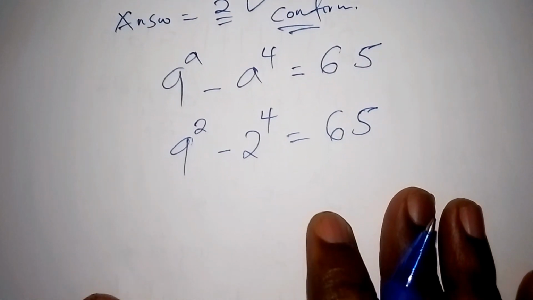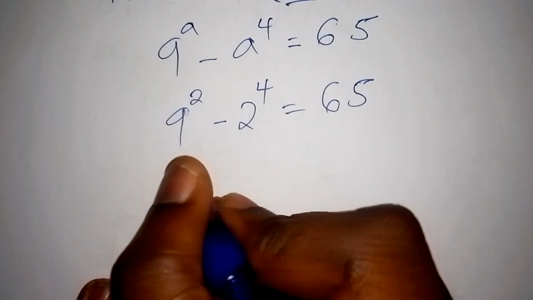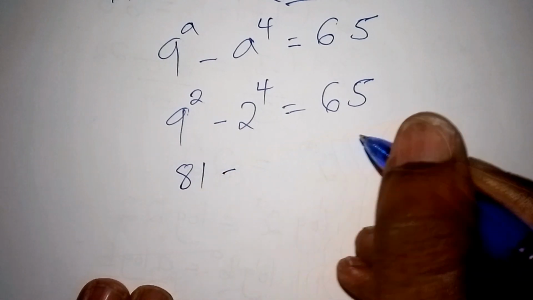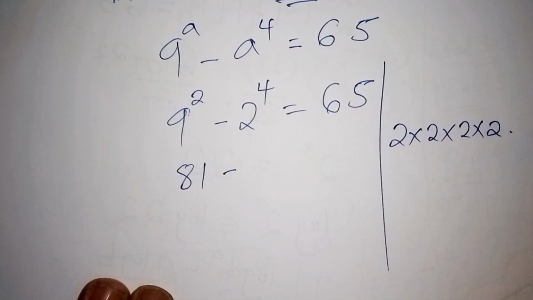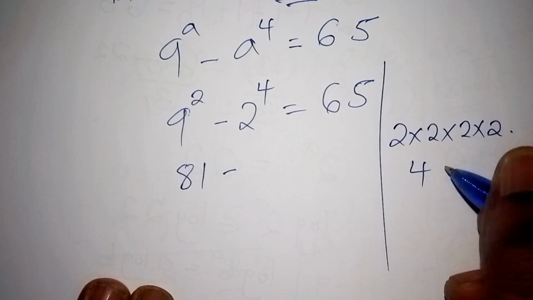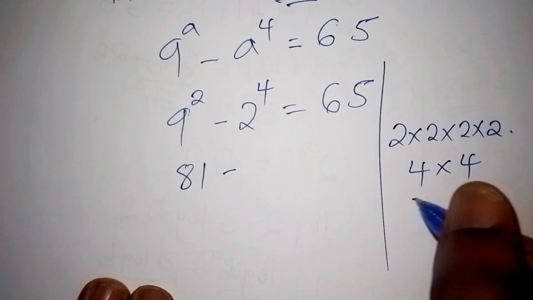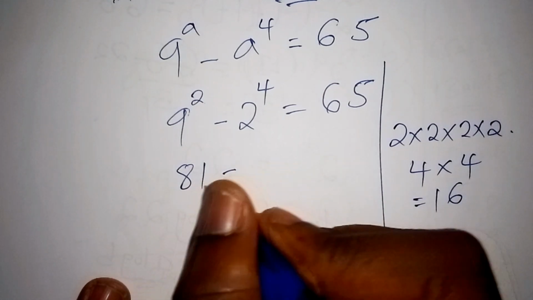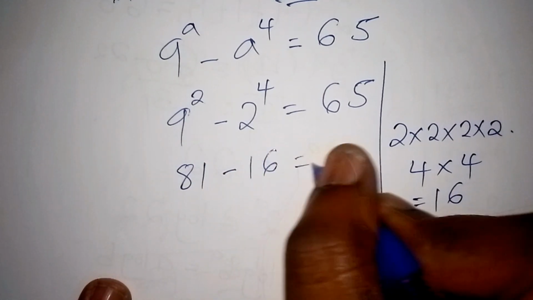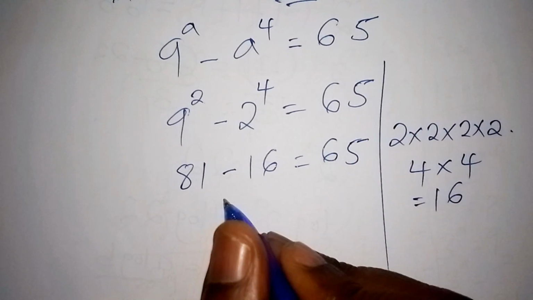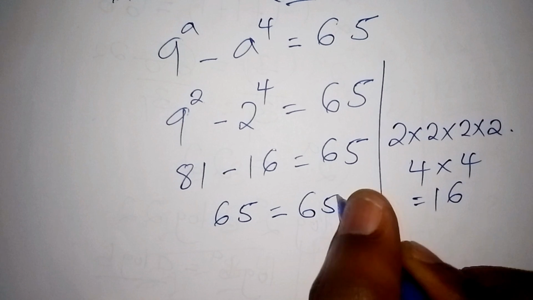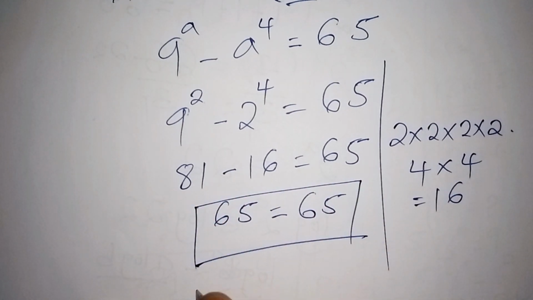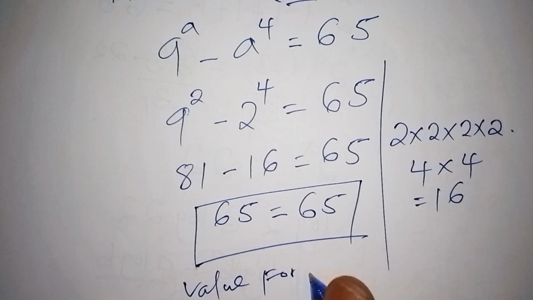In this case, 9 to the power of 2 is 9 times 9, which is 81, minus 2 to the power of 4, which is 2 multiplied by 2, multiplied by 2, multiplied by 2. So 2 times 2 is 4, multiplied by 2 times 2 is also 4. So our final answer is 16. So we shall have 81 minus 16 equals 65. What is 81 minus 16? It is 65, which is equal to 65. So meaning that we are correct when we say that the value for a is equal to